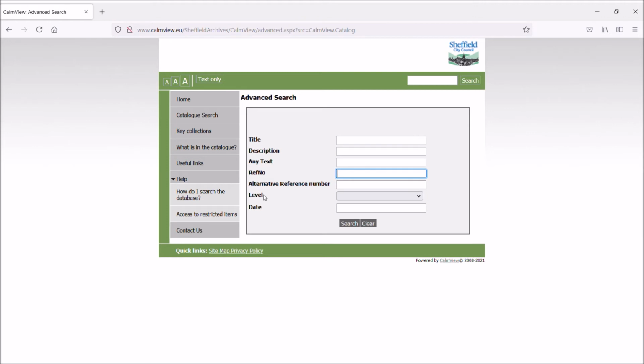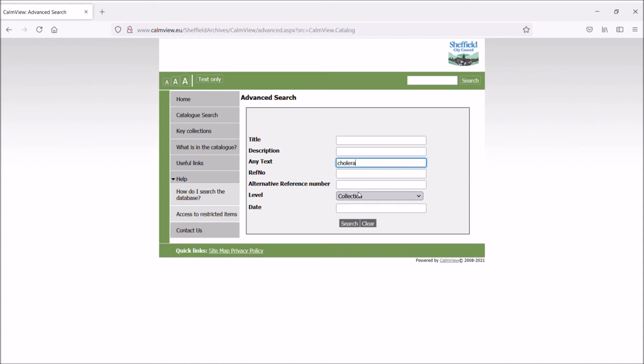You can also search by level, and there is a drop-down menu here. So you can search by collection, item, piece or section, etc. So we could select collection and search for a term such as perhaps cholera.